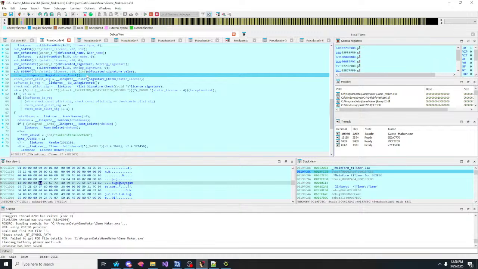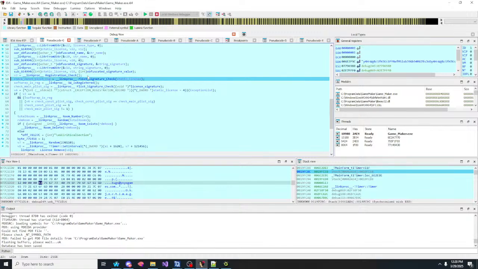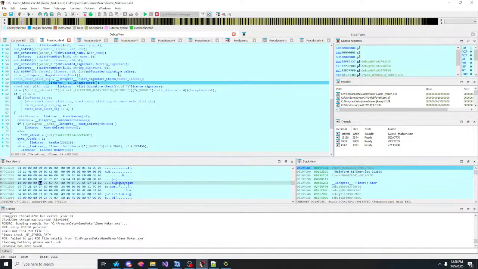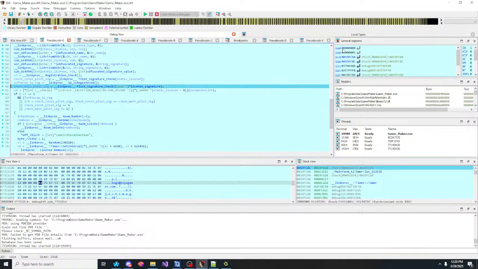So yeah, it's gone through. V3 is 1, right? Check PS signature is 0. But check soft wrap is registered is 1, and